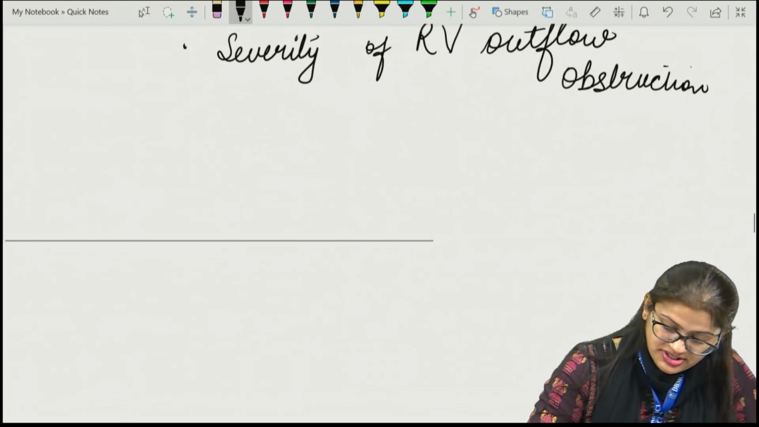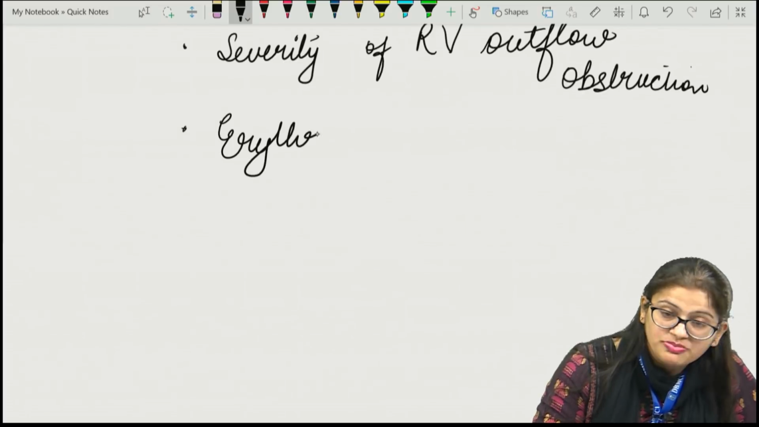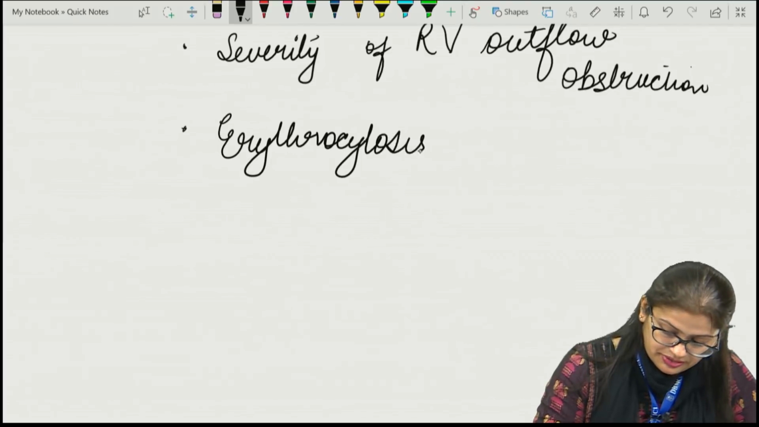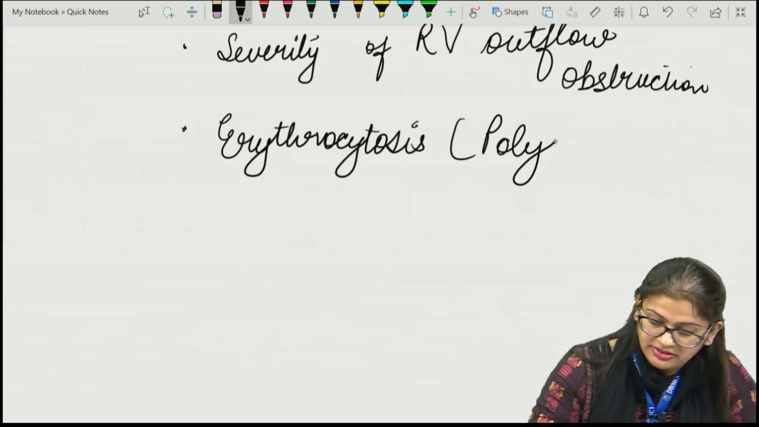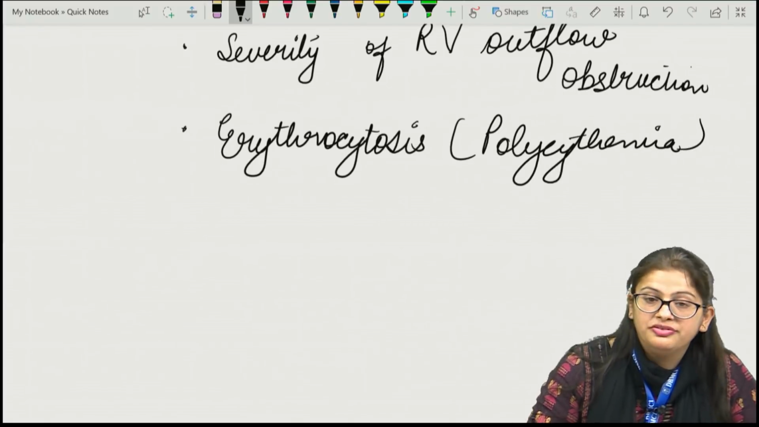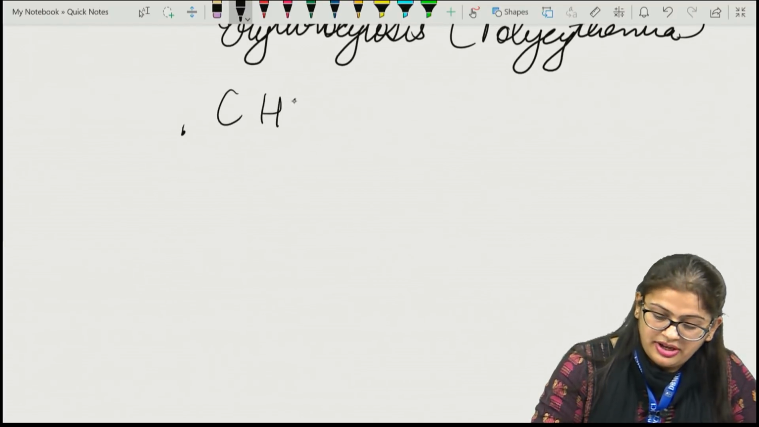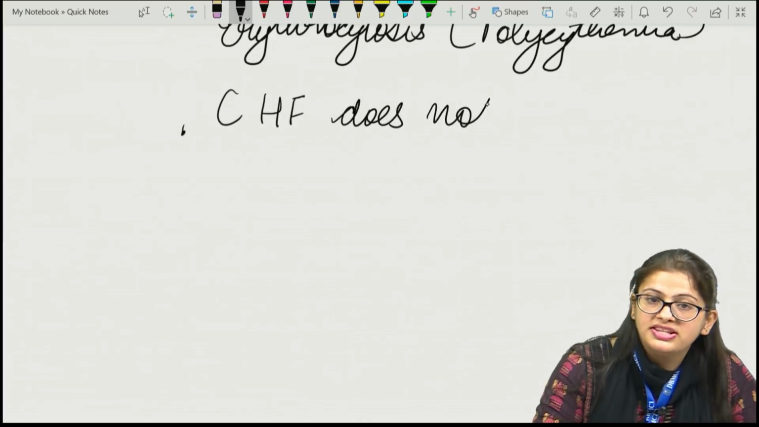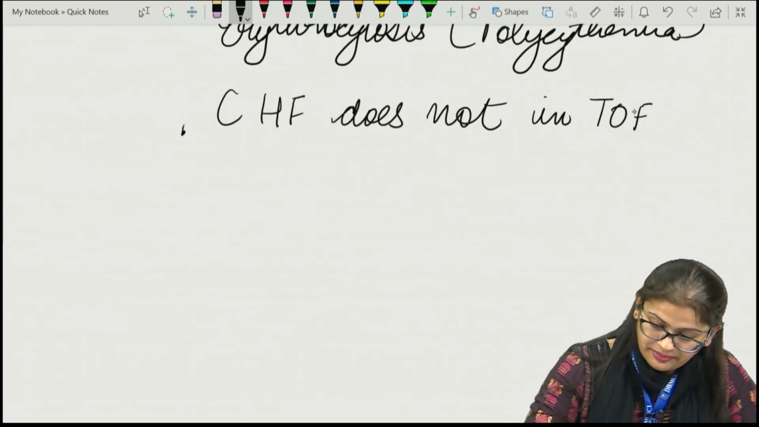Apart from cyanosis, there is increased erythrocytosis as well, which occurs because of hypoxia, which results due to the right to left shunt, which manifests as polycythemia. And another important feature of TOF being that CHF will never occur in TOF except in few conditions. And what are these exceptions? The exceptions are